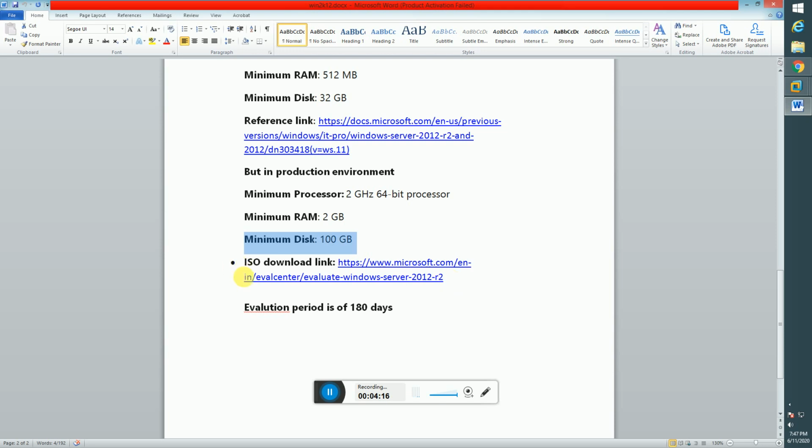So for doing the OS installation, there is a download link given by Microsoft, where you get evaluation period ISOs. Evaluation period means it's a period of 180 days where you can use the OS for free. After 180 days you have to activate, or the OS will not work. So first I will go to this link. I copy this link